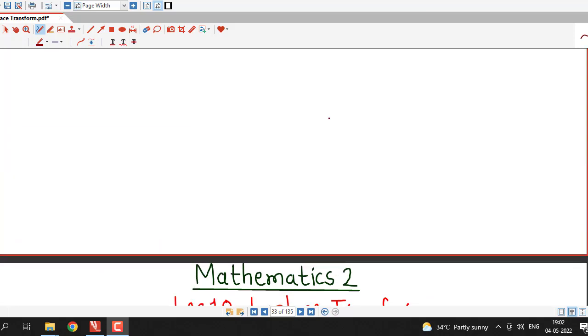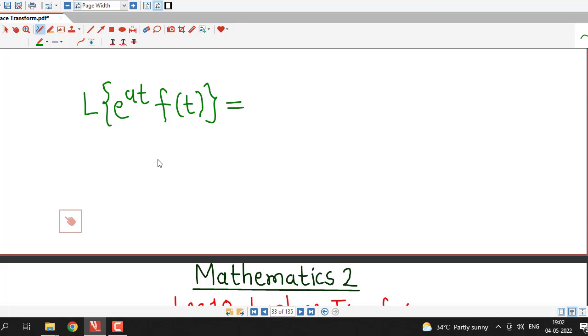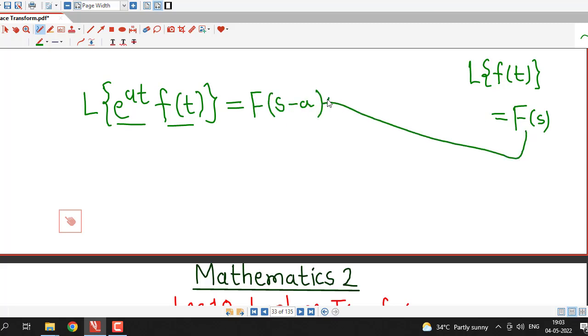In previous lecture we have discussed first shifting theorem, and we know that we will apply first shifting theorem if we have multiplication by exponential function. If our function f of t is multiplied by exponential function, then we can apply first shifting theorem. And first shifting theorem says that if Laplace transform of function f of t is capital F of s, then Laplace transform of that function multiplied with exponential function is given by replacing s by s minus a in f